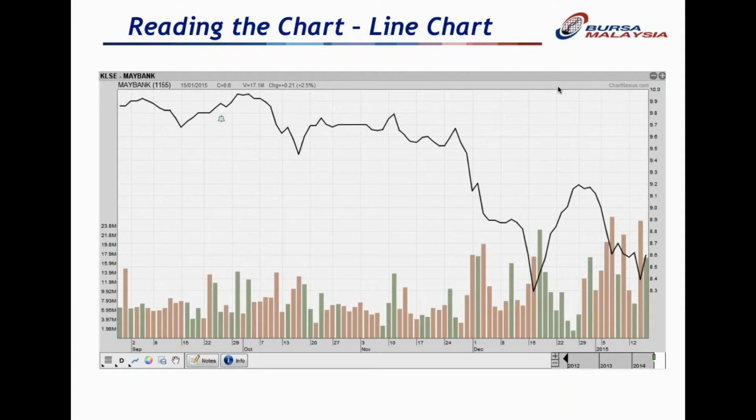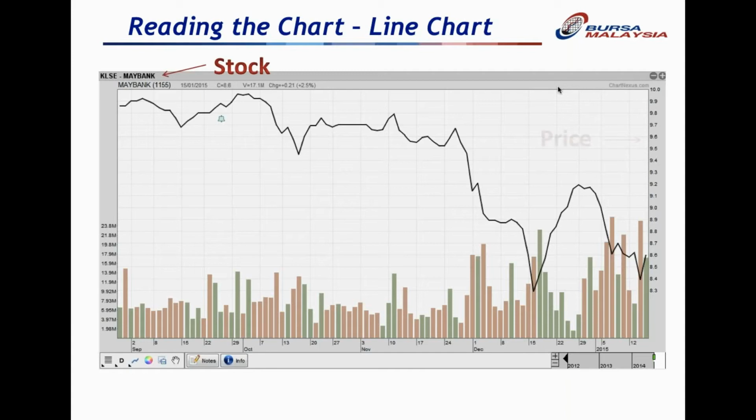Now, there are different kinds of charts that we have seen before. And the first and the easiest one to see is the line chart. Line chart basically tracks the closing price of the security. All right, just to share with you how to read the chart. Usually, the top left corner is the security. The name of the security in this case is Maybank, and then on the right hand side of the axis